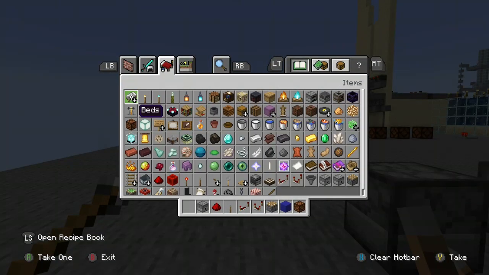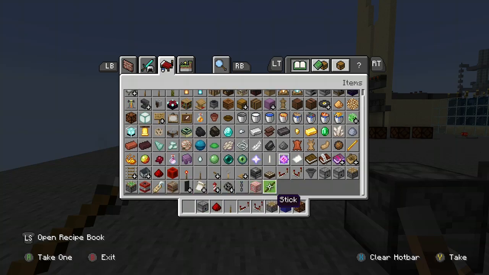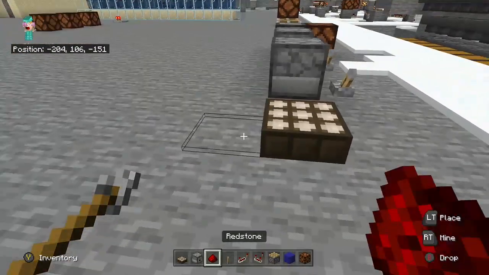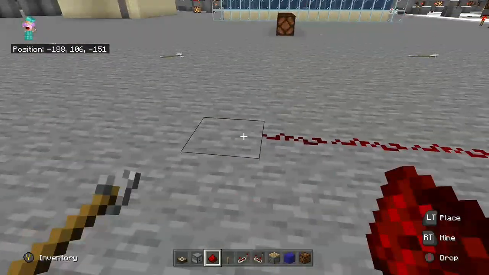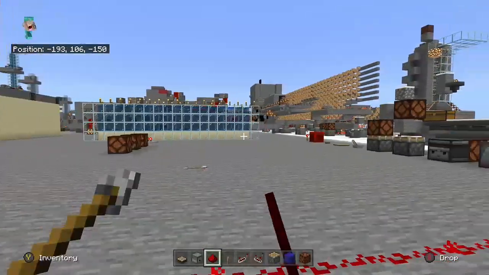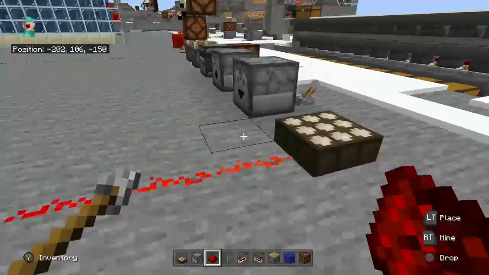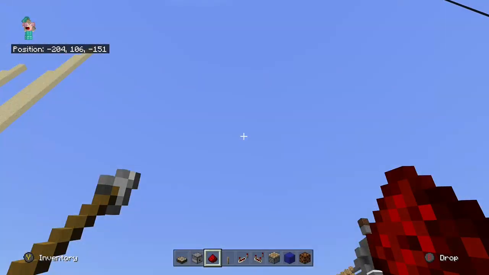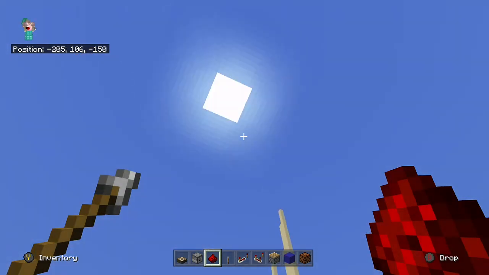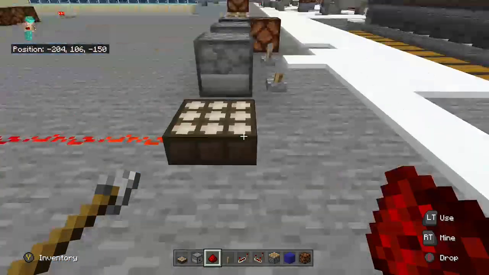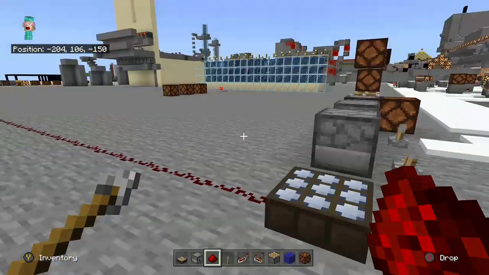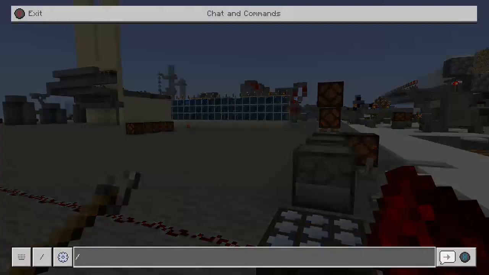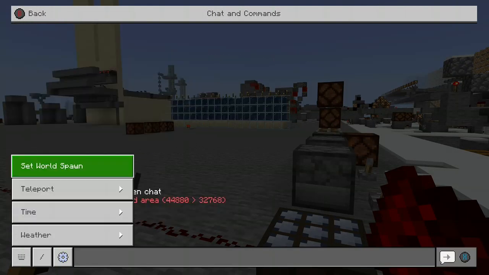Okay, let's see. What else do we have that I can run over? Okay. This guy. Daylight sensor. So, this can be set up in multiple ways. I forgot, I should have done this with the sources over there. That's okay. We will do it now. Daylight sensor. Right now it is detecting that the light is on, or that it is daylight. So it's sending the signal. If we turn it off, it's going to wait until it's nighttime. And then that signal will be lit up at nighttime. So, to confirm,